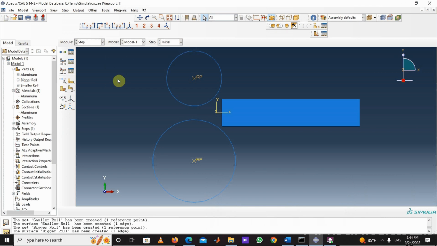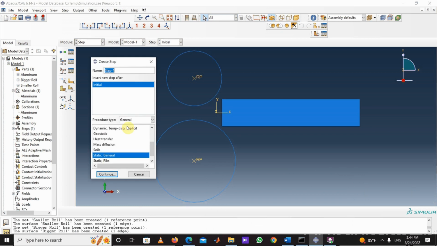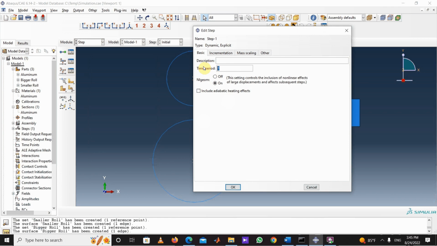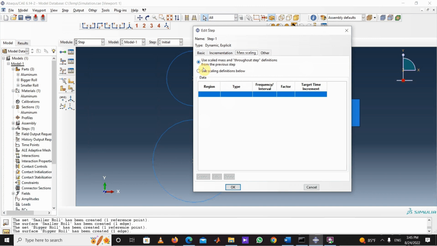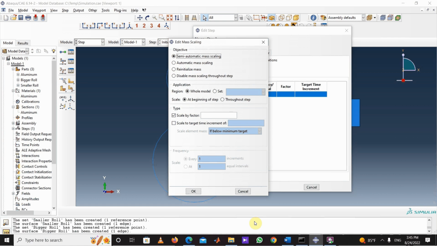In the step module, first click on create a step command. From the opening list, select dynamic explicit. Set the time to 5 seconds. In the mass scaling tab, choose the second option. Click on create,